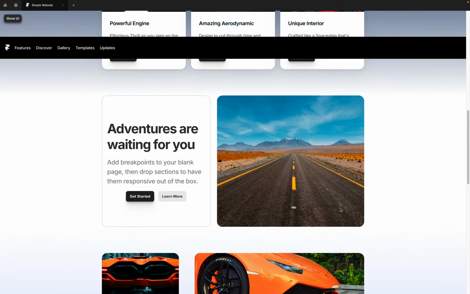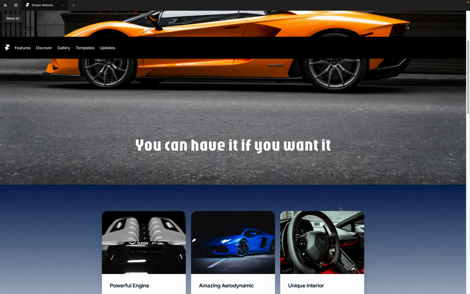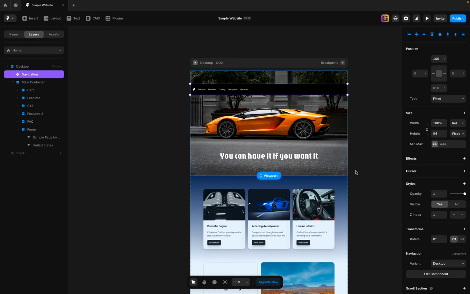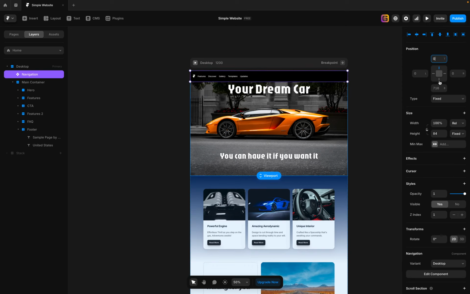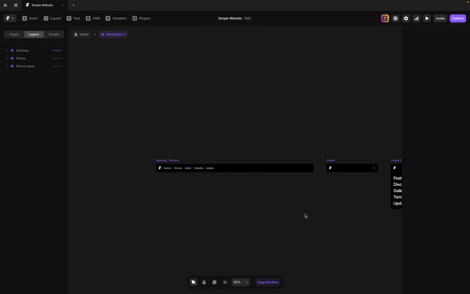So this is not ideal for navigation, but hey, you have your own way of designing. Just be creative and do your thing. Okay, now let's remove that and put 0 here, and again, you can do the same thing. You can pin it to the sides and the bottom. Just experiment with it. All right, now let's go inside of this by double clicking, and here we can